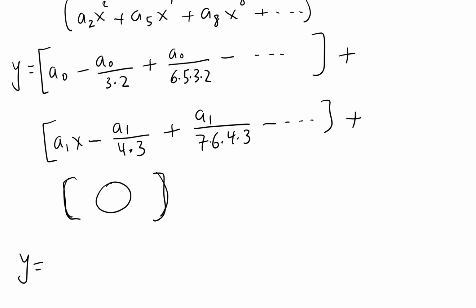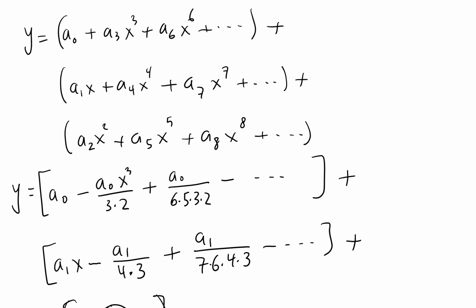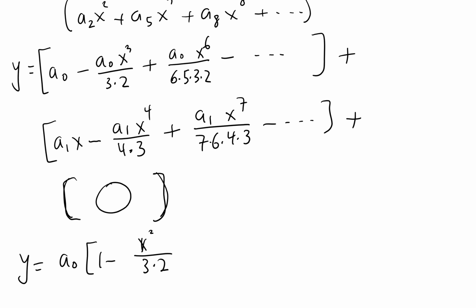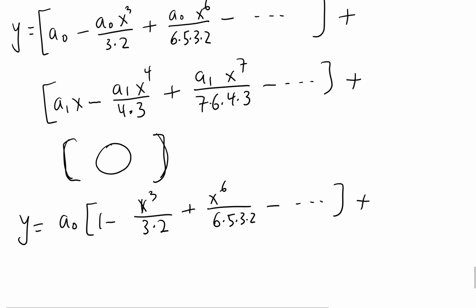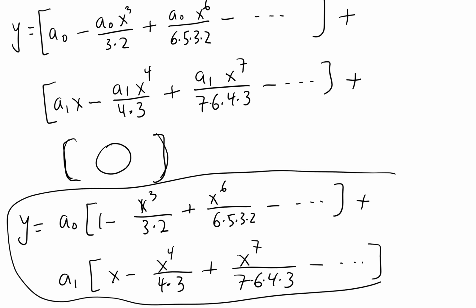So now we can take a sub 0 out. That will give 1 minus 1 over 3 times 2. Oh wait, I forgot the x's again. So x cubed, x to the 6th. Here we have x to the 4th, x to the 7th. So x cubed plus x to the 6th over 6 times 5 times 3 times 2 minus and so on, plus the next one is a sub 1 out, x minus x to the 4th over 4 times 3 plus x to the 7th over 7 times 6 times 4 times 3 minus, and that would be the general solution,